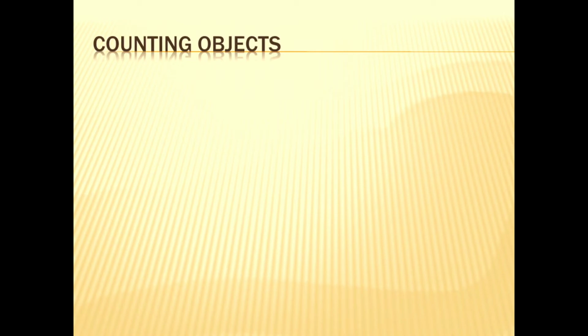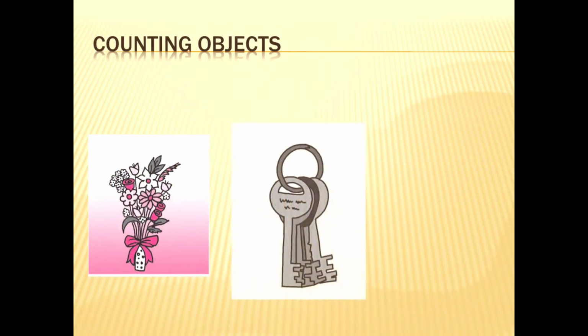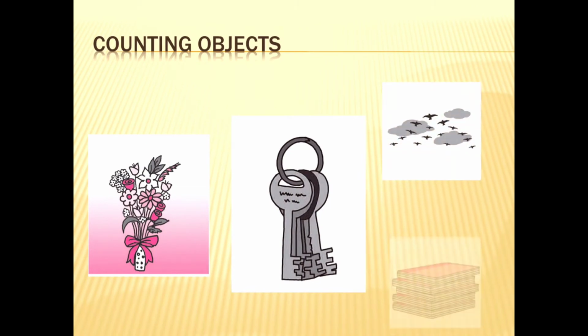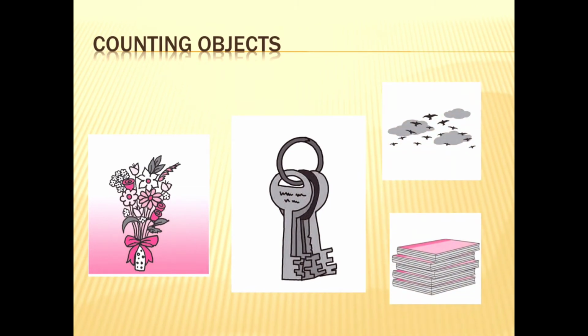The first is natural numbers. These numbers are used firstly for counting objects. In our day-to-day life, we have to count various objects, and for counting those objects, we use natural numbers. So these numbers are 1, 2, 3, 4, 5, 6 and so on. So like this we count various objects.